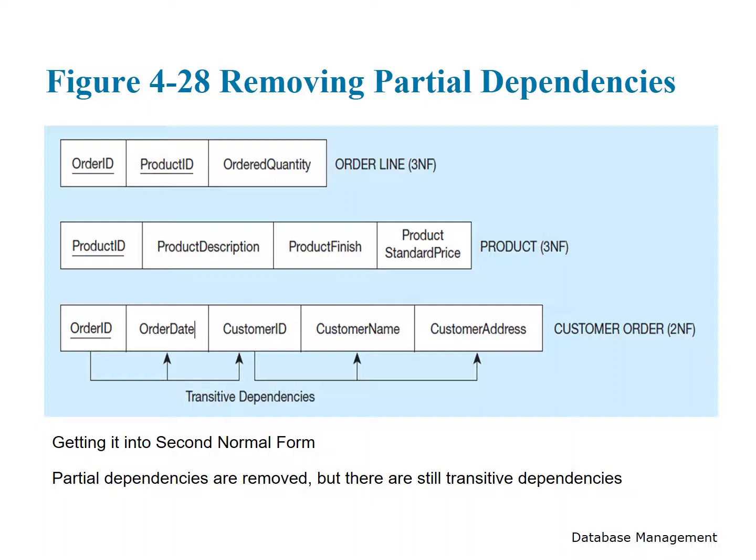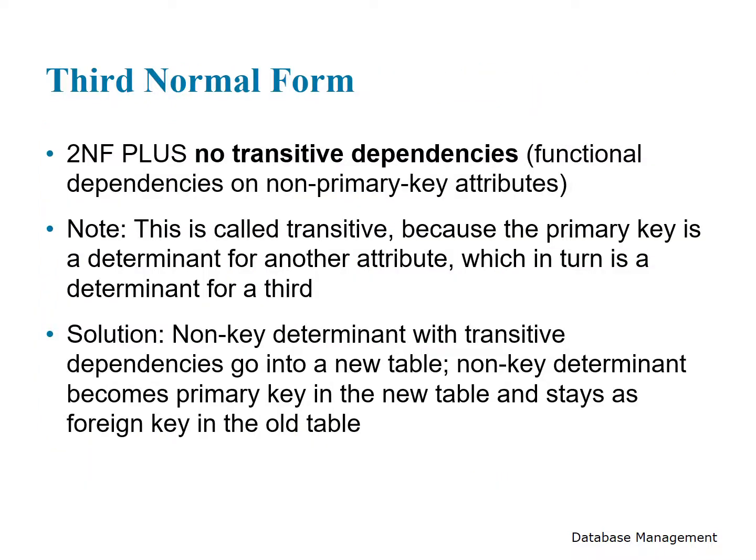Getting it into second normal form, partial dependencies are removed, but there are still transitive dependencies. Third normal form is second normal form plus no transitive dependency. A functional dependency on